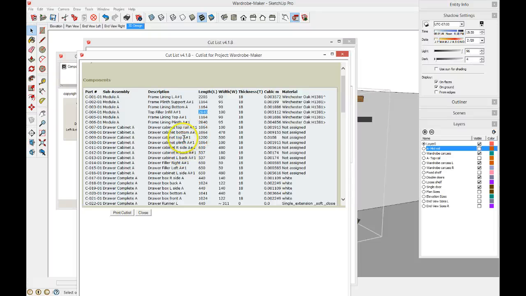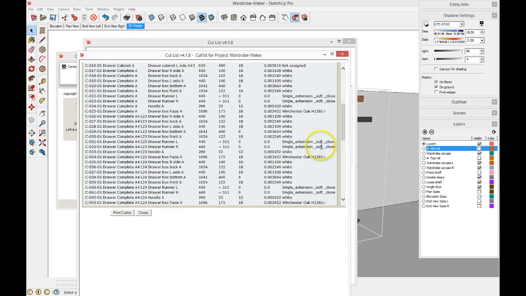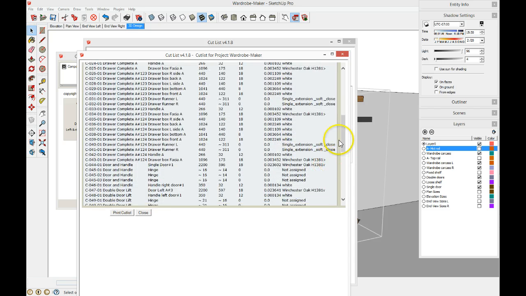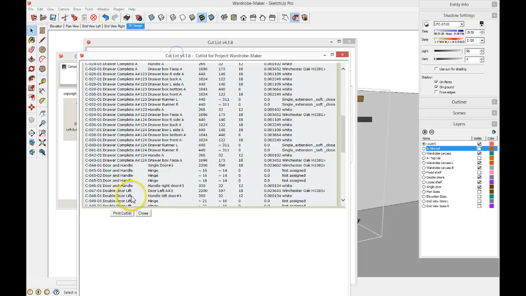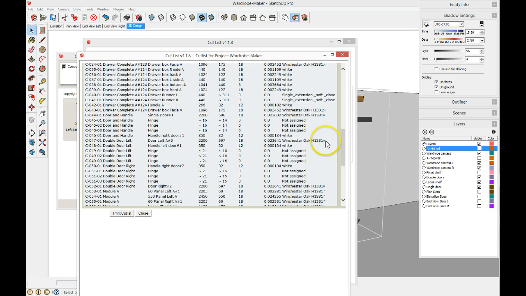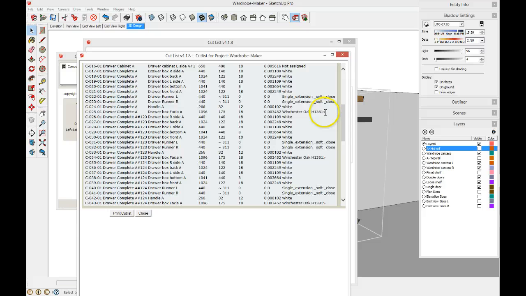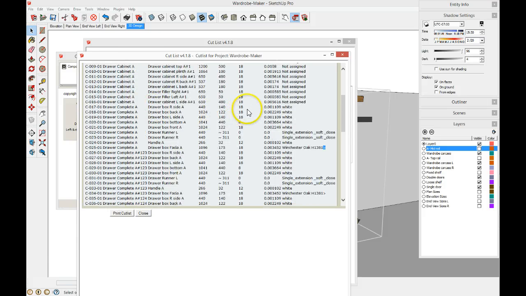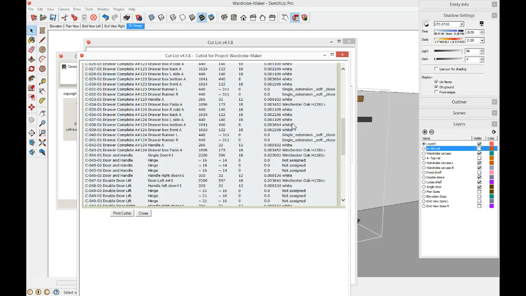What else have we here? We've identified the grain direction in each component. Let's see if we can show you. There's the green running vertically on that door, and the green running horizontally on that drawer front. There's the drawer boxes with a different colour, white, and then you have